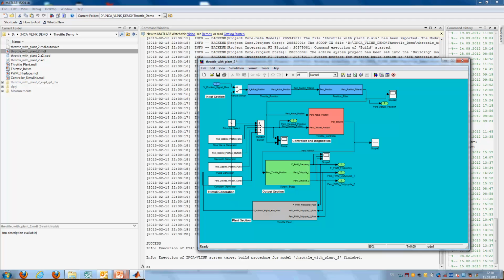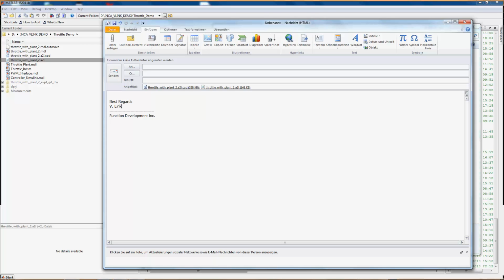The COD file is very similar to a PCDLL. It holds the model as a code file for Windows execution. The model also includes all the necessary infrastructure so that it can be easily executed with Inca. As I was saying in the beginning, Inca vLink helps to secure the intellectual property contained in a Simulink model and still enables business partners to simulate the control in a PC environment.